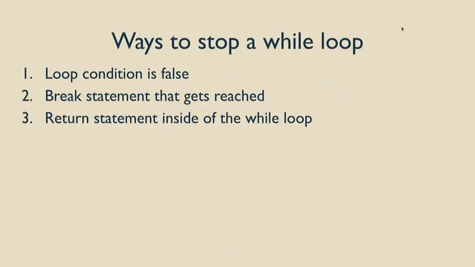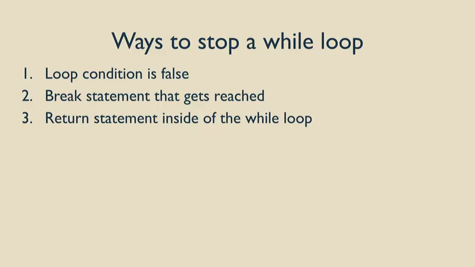So, the ways to stop a while loop. One is that if your condition is false, right? So like when we were doing that high jump example, Ella immediately qualified for the Olympics, so we never even went into the while loop, right? So you don't go into the loop at all. That's how you stop a while loop. The second one is the break statement that gets reached. So as we saw right now, as soon as it sees the break, you're out of there immediately. Okay? So that you do not at all read anything afterwards because you immediately left that while loop.